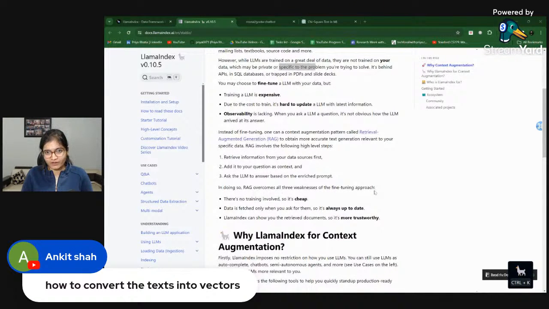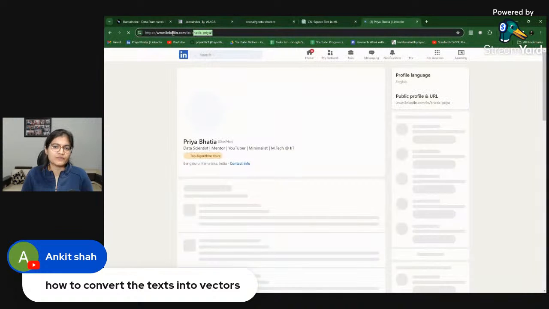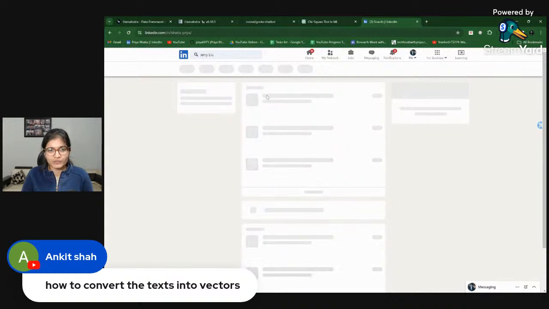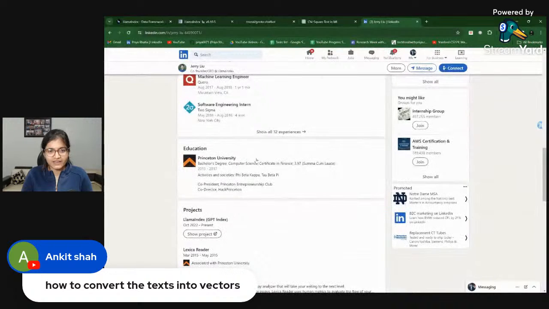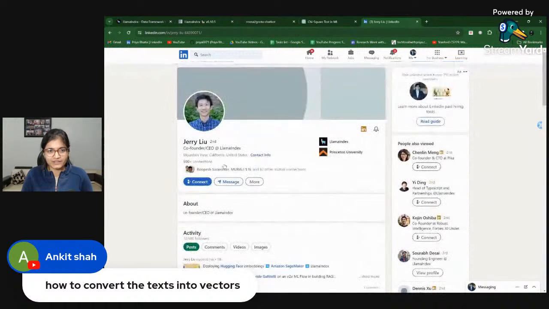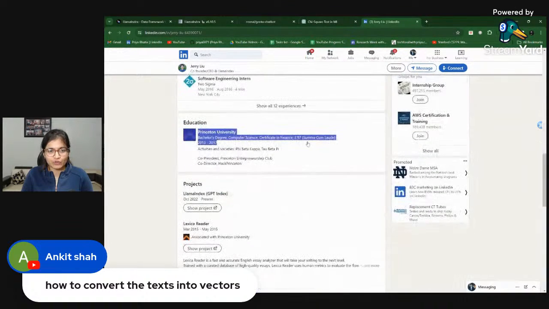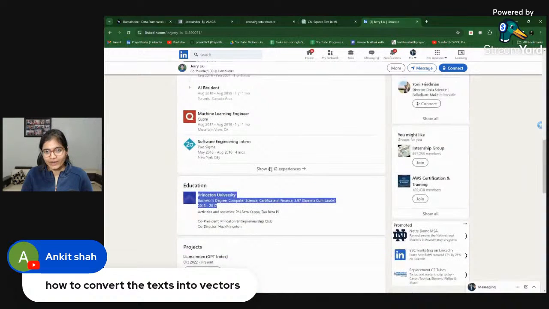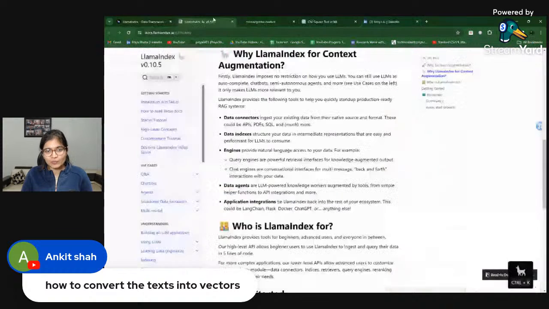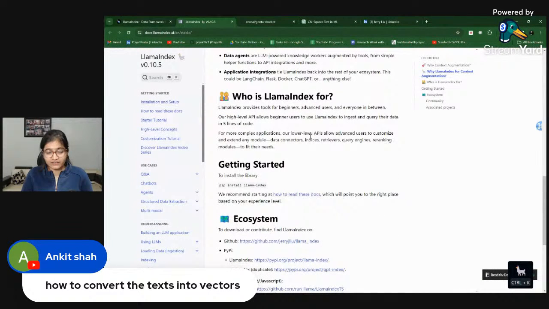Even I was looking at the founder of this particular Llama Index, and I was looking into his profile, and I found it pretty amazing. He graduated in 2017. The name is Jerry Liu. He's the CEO of Llama Index, and if you can see his experience, he has worked in companies, and he is currently the co-founder of Llama Index, who has developed this particular thing. So I was just exploring his profile, and the way things are done is quite interesting, right?